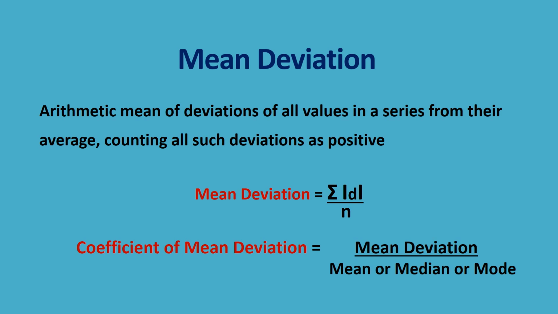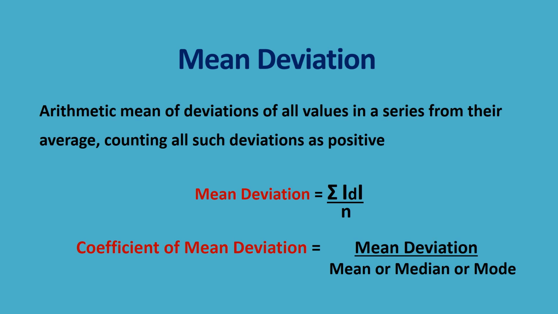Both suffer from the limitation that they are based on two values of a series. In the case of range, two extremes are taken into account. And in the case of quartile deviation, the Q1 and Q3 are taken into consideration. All the other values of the series are ignored. So we do not take into account all the items of the series, and this is the limitation. Due to this limitation, it is possible that the range or quartile deviation of the series may be identical, but their composition may be different.